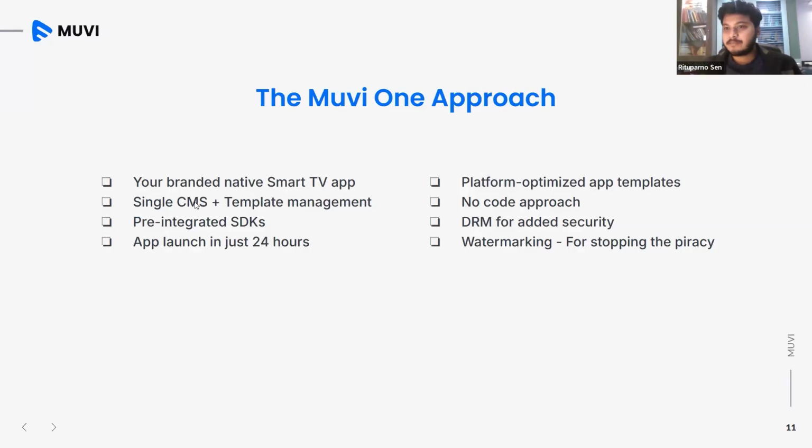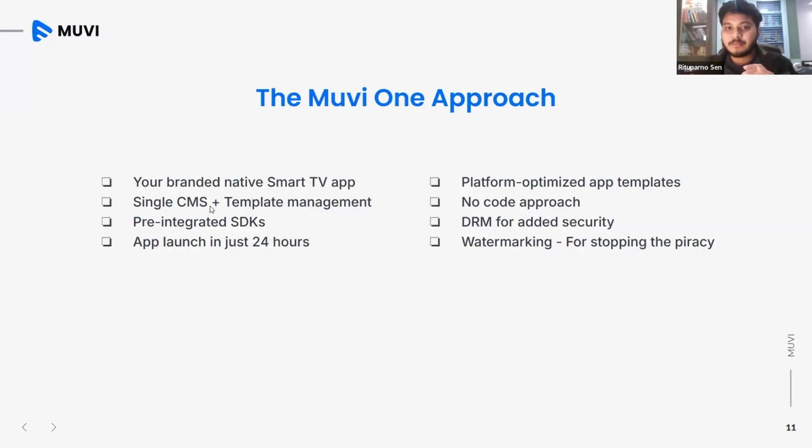So, single CMS and template management. We don't want to create a mess. How do we counter a mess of managing content across all the TV apps? There should be a centralized way to manage the content across all TV apps. There should be a centralized way of how our apps are going to behave across all the platforms. This is our core philosophy while trying to make a TV app, and how the TV app is going to look and feel across the different end users.